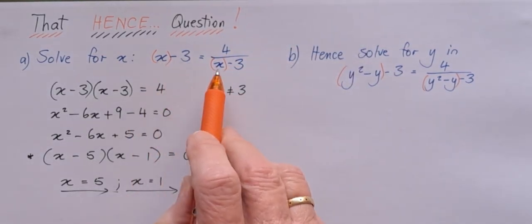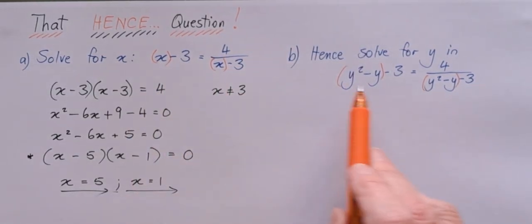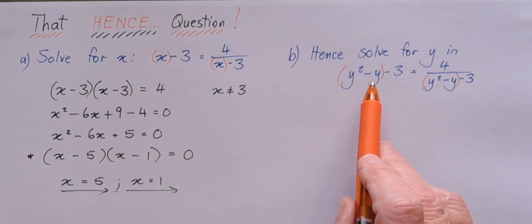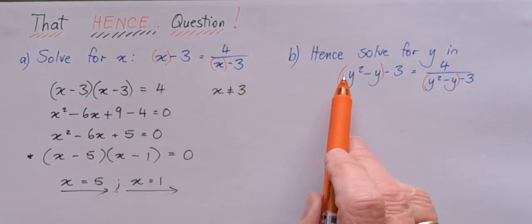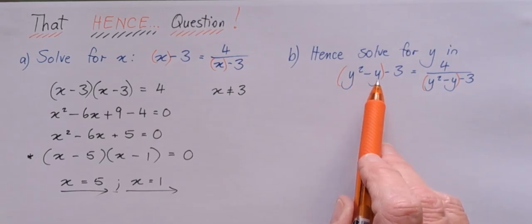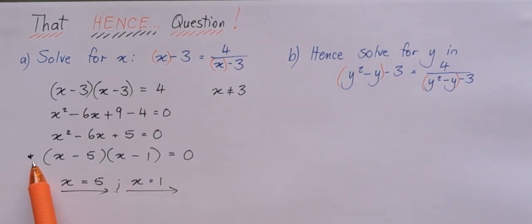And these are both x's and those are both y squared minus y's. So we can equate or substitute x with y squared minus y. And that's why I want to go back to this section. If I start from here, I've got to do a whole lot of unraveling. If I go back to where I've set my two brackets equal to 0, it's going to make it nice